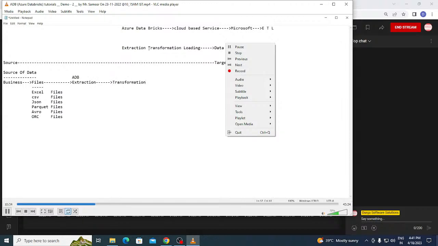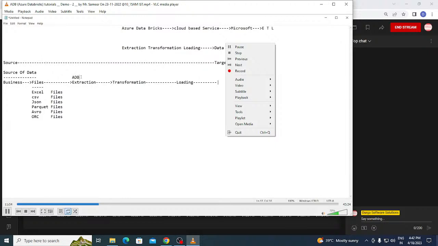requirement. Based on the requirement of the customer, you're going to change the format of the data. You're going to change the structure of the data. You're going to design a new structure of the data. Am I right? This is called as transformation. And once the transformation is done on this data, ultimately the process of loading will take place. And loading means the final data, whatever you have, will be transferred to the destination.